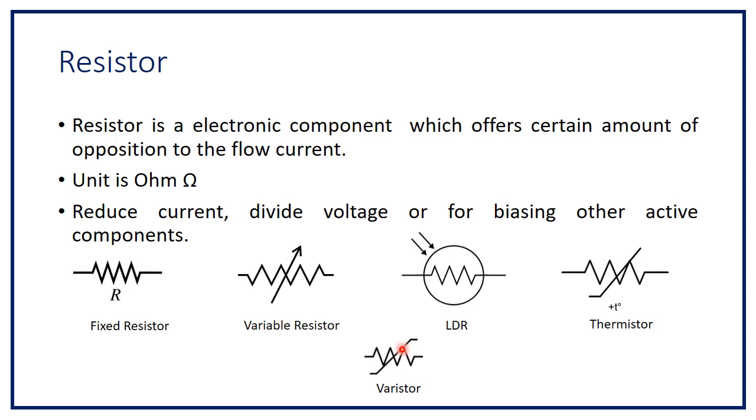Basically, resistor has various applications. So a fixed value resistor can be used in each and every circuit for current limiting. Suppose we have an LED. Before that LED, we can use a resistor to limit the current or supply a specific amount of current to the LED. It can also be used in adjustable power supplies, or variable power supplies. It can be used in automatic lighting control systems. Means LDR can be used for automatic lighting control systems to turn on and turn off light automatically with respect to the intensity of light.